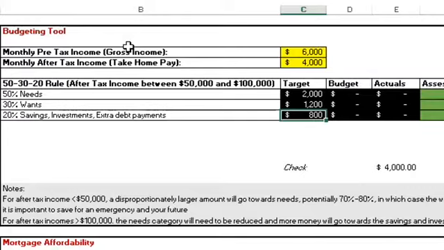It gives you a target in terms of your needs, in terms of how much you should be spending towards that. It gives you a target in terms of what your wants as well as what your savings and investments are basically going to be. Now, this 50-30-20 rule, for all intents and purposes, works very well for people that are making somewhere between 40 grand and say maybe 100, 120 grand. After that or below that, it has some issues, but I'll talk about that towards the tail end of